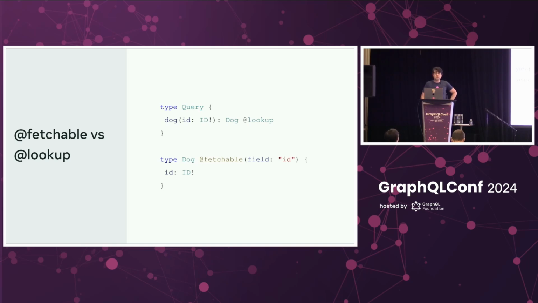Now, yesterday you saw Michael Steib talk about composite schemas. And I'd argue composite schemas have really rediscovered kind of the same situation, the same problems that we discovered at Meta, which is that you need a way to identify for a given type, how do I get that type back? And a nice thing with both fetchable and at lookup, which is what Michael Steib showcased, is that they give you a resolver for that specific type. You don't have to rely on nodes. You don't even need a switch statement. You can just